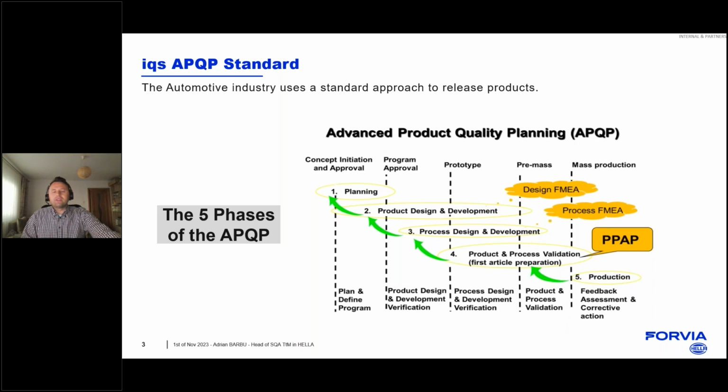For sure, the 5 phases are really detailed, so I will not go into these details today, but there is a lot of activities and a lot of teams behind it, from program management to the engineering department for testing and manufacturing and mechanical designers, who are really putting the efforts together with quality development and the supplier quality team to make sure that such an approach is really maintained, trying to secure at the end a good product base for our customers, OEMs or tier 1 customers.